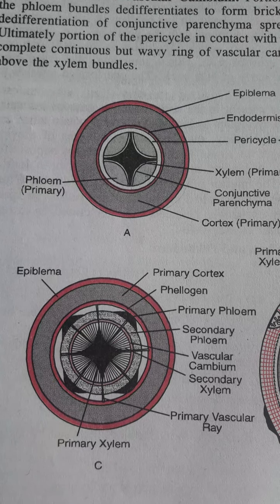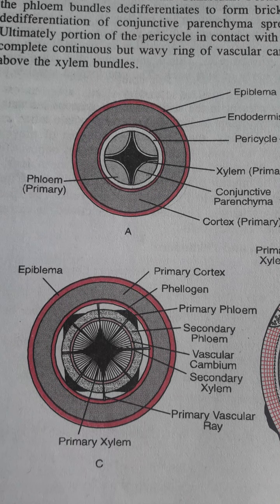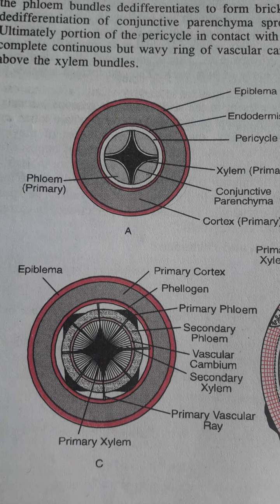Good morning, students. So, today let's begin with the last portion of the chapter, that is the secondary growth in dicot roots. Now, already we have studied in earlier classes what secondary growth is, isn't it? That means the growth that is responsible for thickness of the particular portion of the plant. Now, as we are studying roots here, in dicots the thickness is due to the presence of the secondary growth.